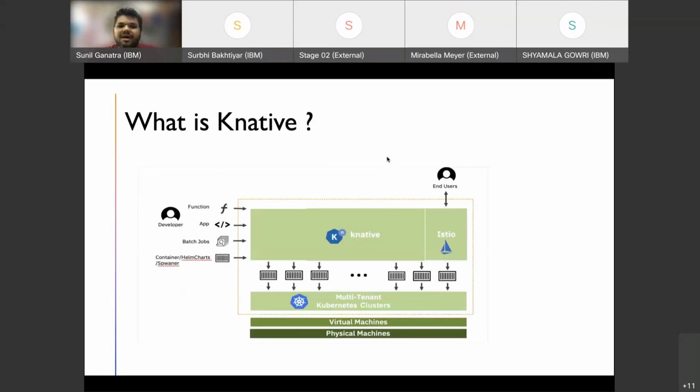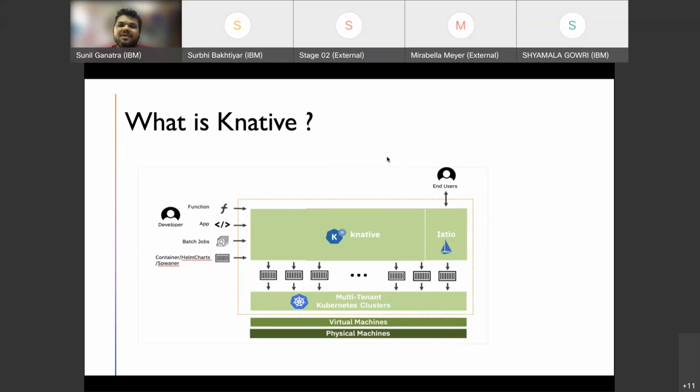Now what is Knative? If you are already using Kubernetes in your production, then Knative gives you a bridge where you can leverage the serverless framework as well as function as a service, all the goods of function as a service and the serverless framework, on top of Kubernetes APIs.